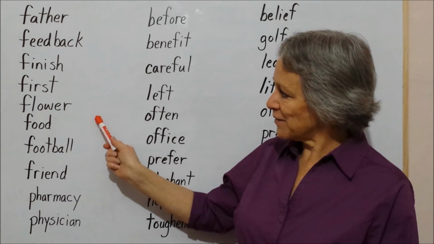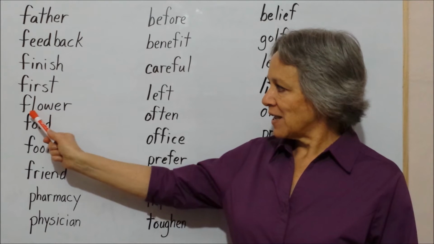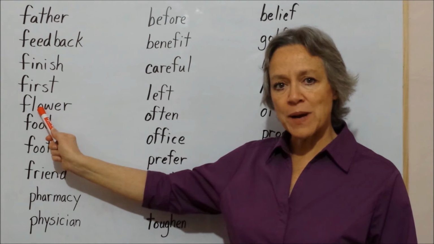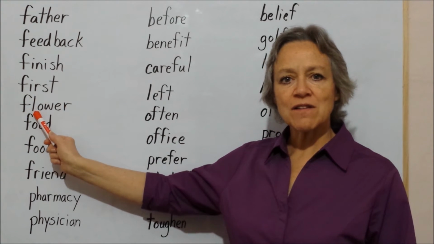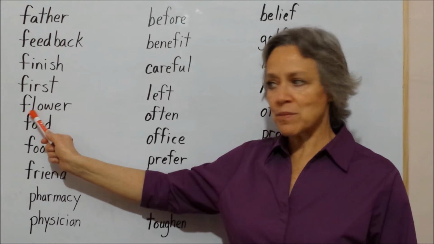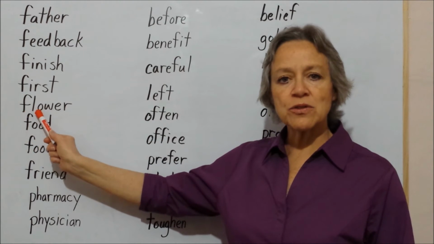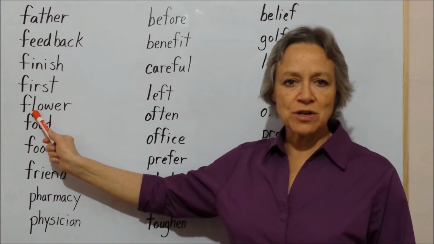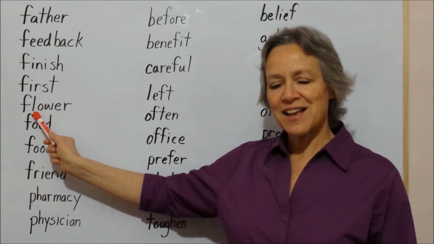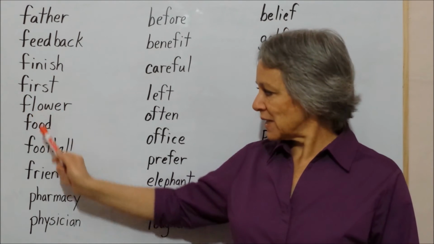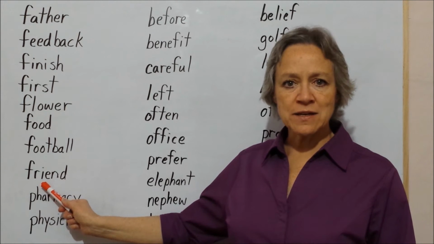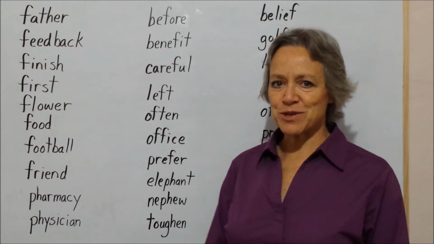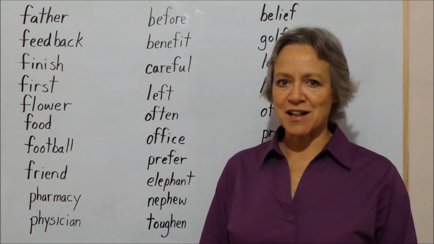Let's see. In some of these words, I have the letter F followed by another consonant. So here I have F followed by L. This makes fl. We move right from the F sound to the O sound. Be careful that you do not put an extra vowel sound in there. Okay? This is flower. Here's another one with friend. We move right from the F to the R sound. Okay? There's no vowel in between those. Let's take a look at the second column.